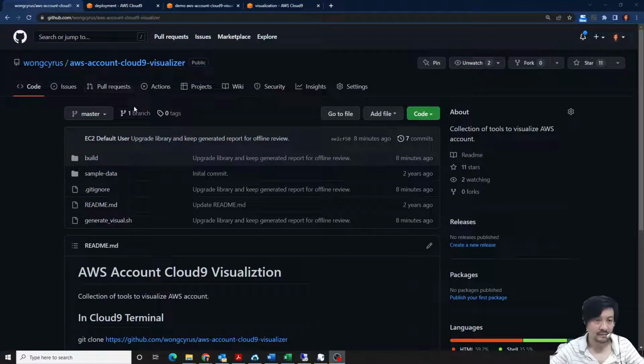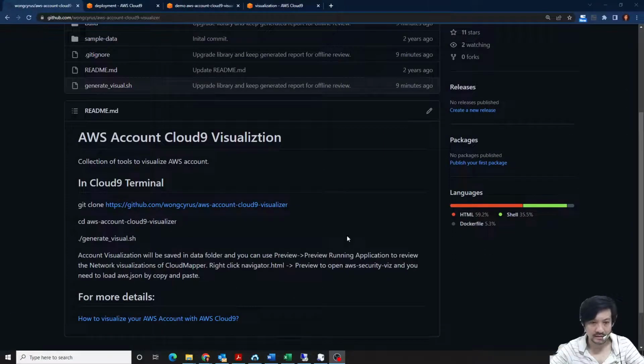Hello, I wanted to demo using the AWS account Cloud9 visualizer. This is the best way to visualize your architecture, and then you may do auditing or backup. It is mainly designed for the coming skills competition, so that competitors are able to back up their setting before AWS resets everything, and also facilitate the experts to grade your setup, which